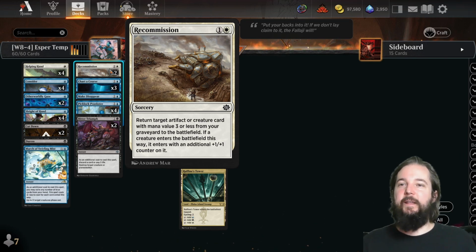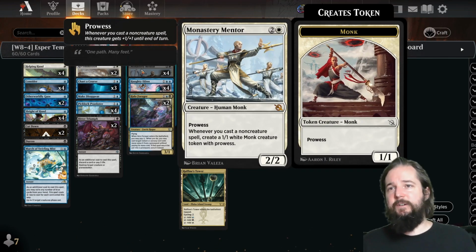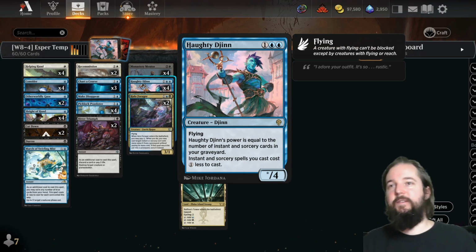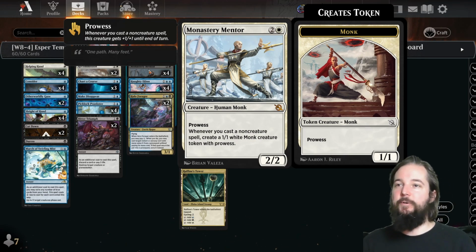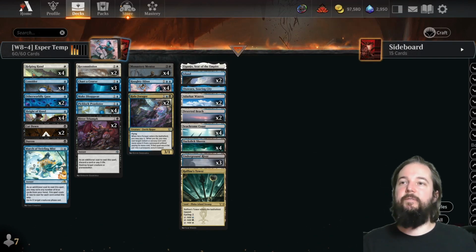And if it enters the battlefield this way, you get an additional +1/+1 counter on it. And then Monastery Mentor. So both of these are really great ways of getting your Haughty Djinn into play after it's been removed. And then the Monastery Mentor, whenever you cast a non-creature spell, you create a 1/1 white monk creature token with prowess. So you're kind of adding this for a go wide off of the various spells